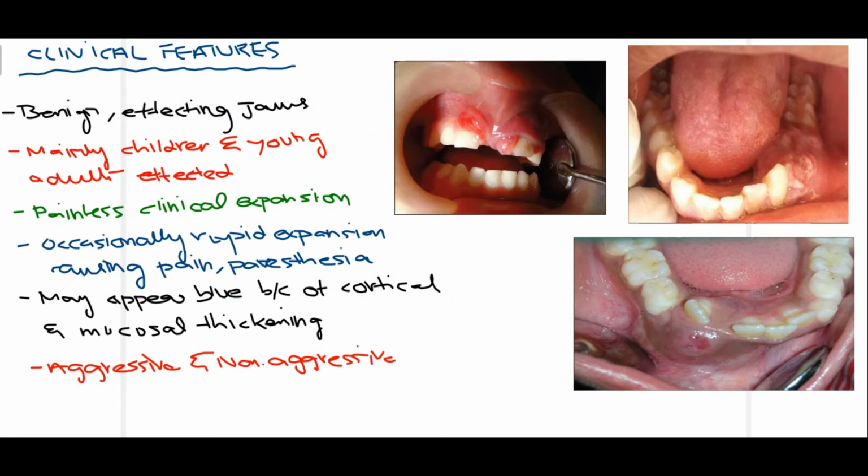Firstly, as we've talked before, the lesion is benign and it mostly affects the jaws. As you can see, it's affecting the jaws. Here it's affecting the maxilla. Here it's affecting the mandible. It is benign. It is not spreading to other parts of the body. It's limited to where it has started.